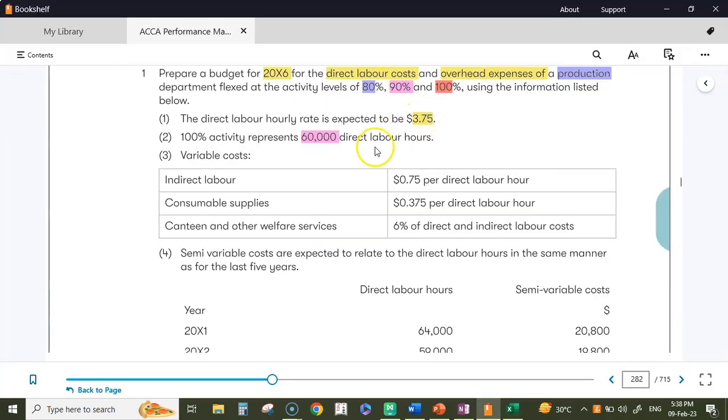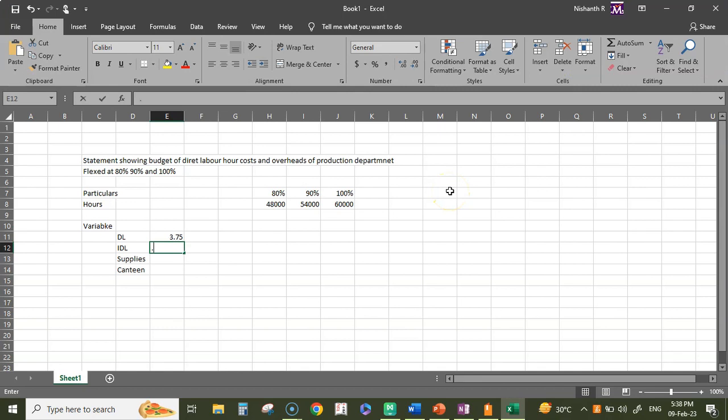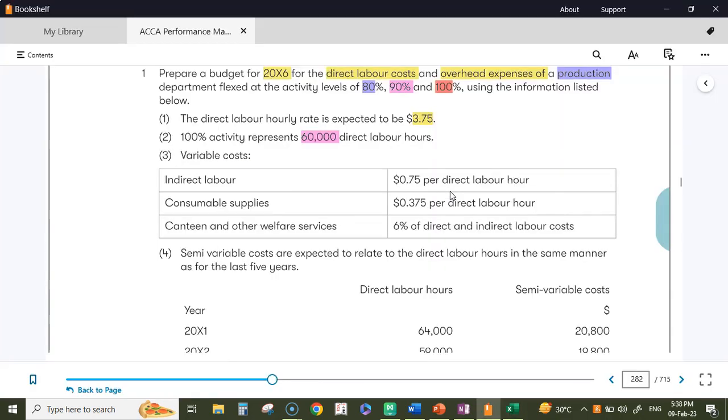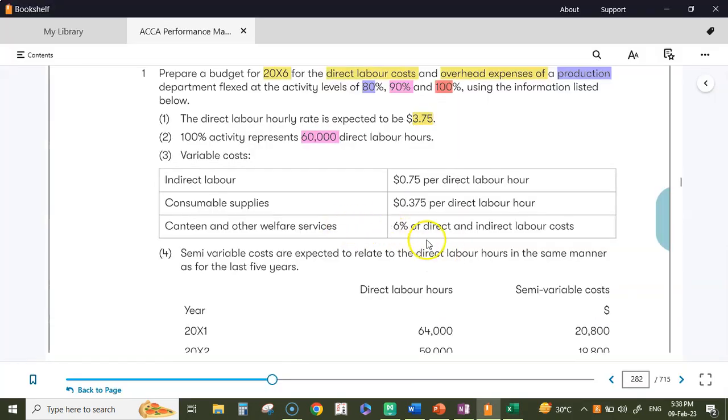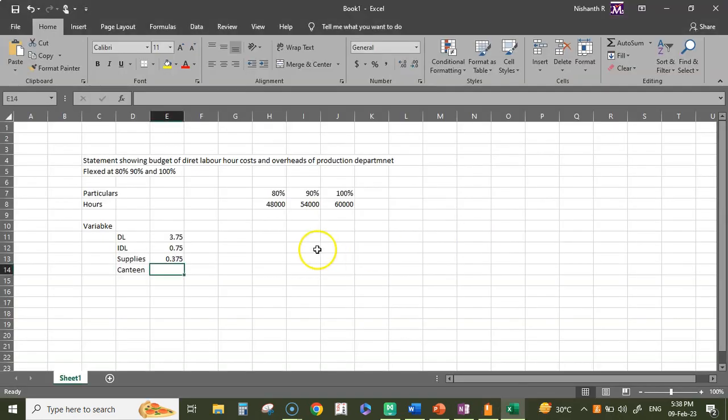Yeah, $3.75. Indirect labor at 0.75. Consumables at 0.375. And finally, canteen is 6% of direct and indirect labor cost. Okay, 6 percentage of DL plus IDL.